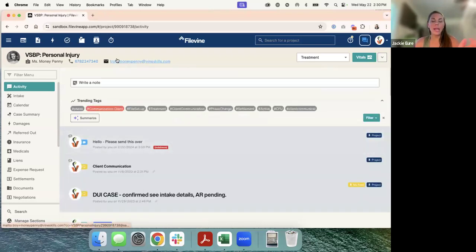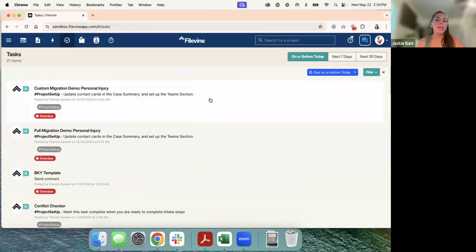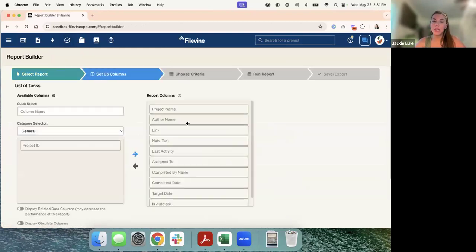All right, and then as far as your task report or managing your tasks, working from a reporting aspect is much better than coming over to your tasks and seeing you have 157 and then just starting from the top, because this may not be one that's urgent, or you may have several to do on this one particular case. So I always recommend having a task report come to you. So you can build that in Report Builder. All users should have access to that. When you go into Report Builder, it's called List of Tasks. And from there,